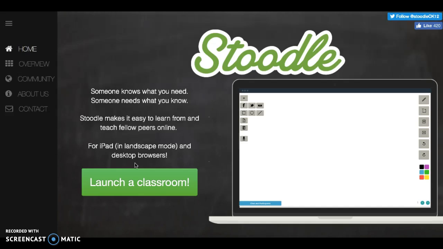And you can also use it on your iPad or your desktop, which is nice because many of us would carry an iPad around the room, so you could add to it while you're walking around the room or while you're at your computer. So all you do is simply hit launch a classroom,